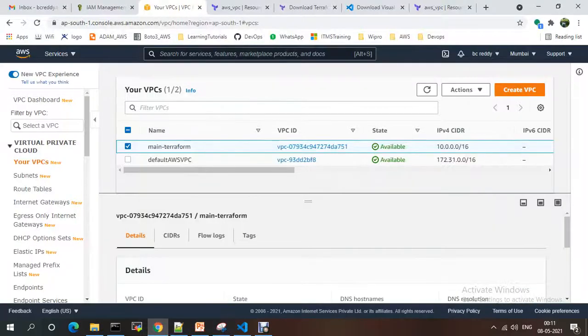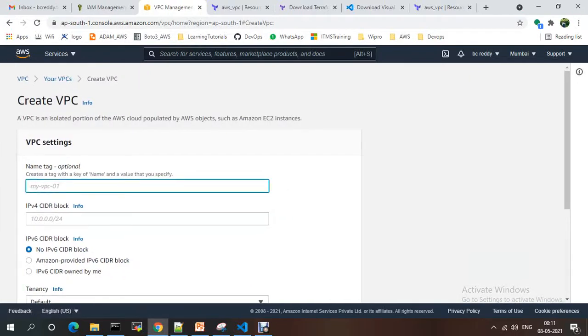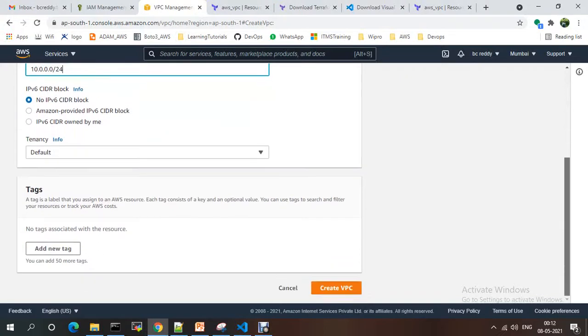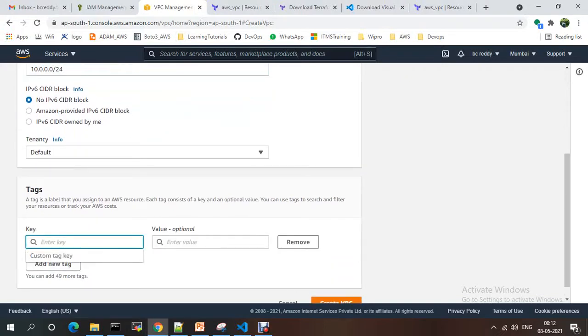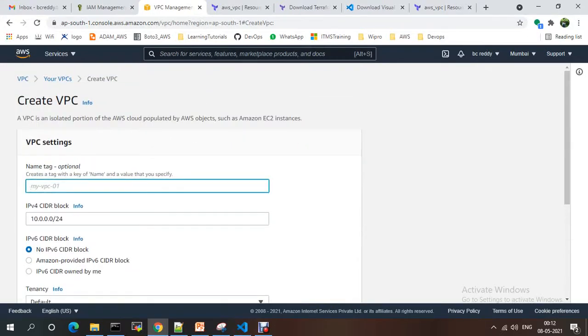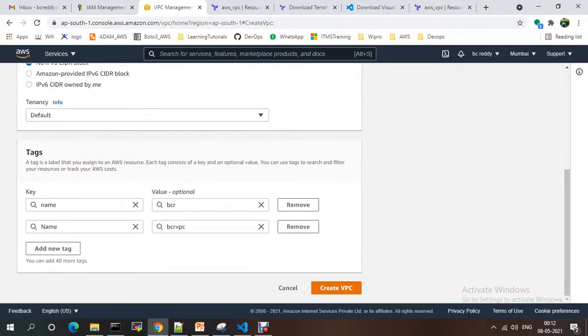Someone wants to add some resource. Suppose I just created a VPC with CIDR block 10.0.0.0/24, tenancy default, and a tag name, BCR VPC, some name. I just created this VPC.